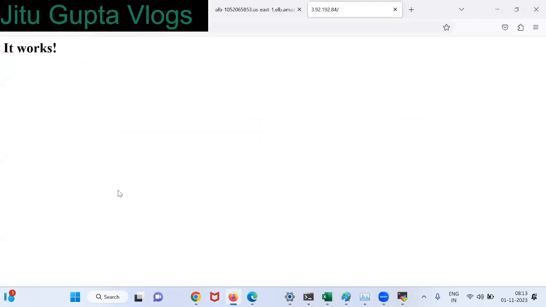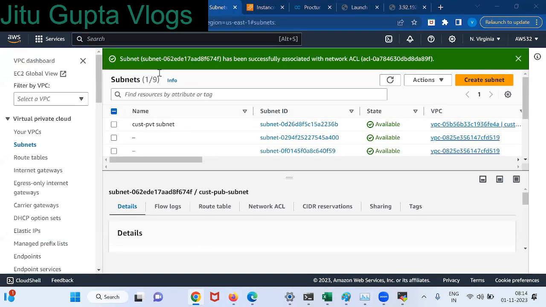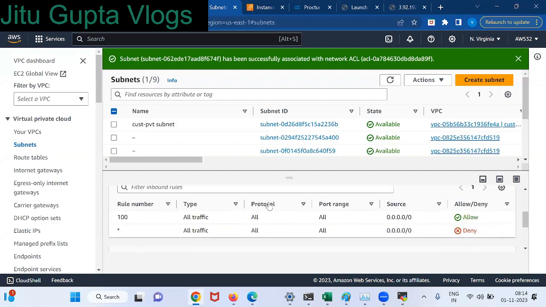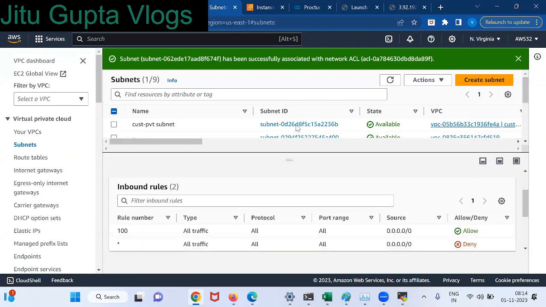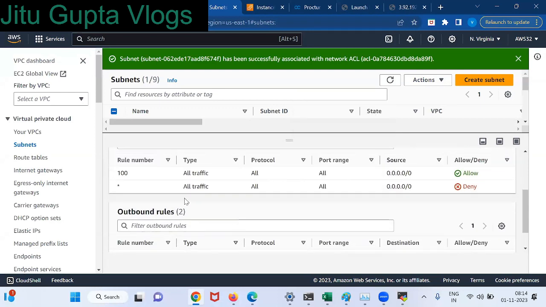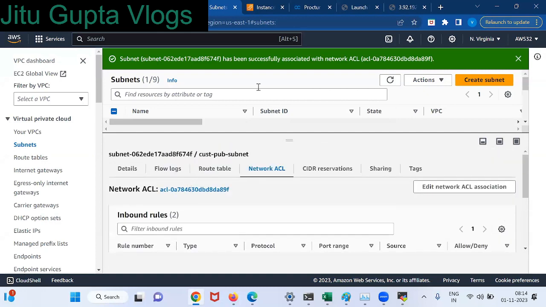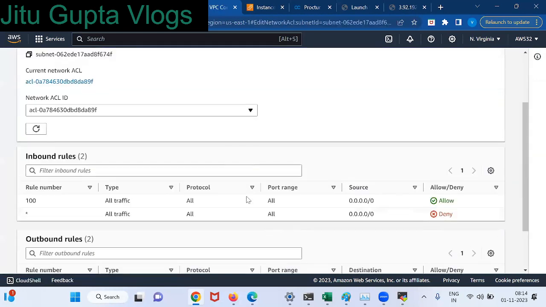If we go here, in your subnet, you can see 100 is allow, all traffic. Outbound 100 is allow, all traffic. Is it clear now? So how can I attach this rule to my subnet? Edit network ACL association.